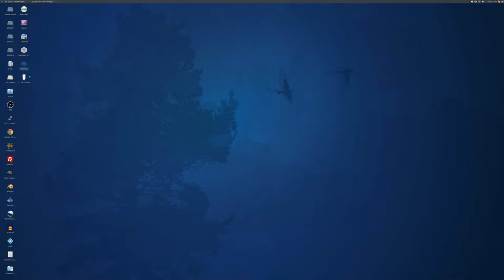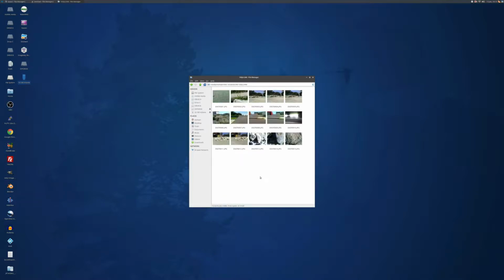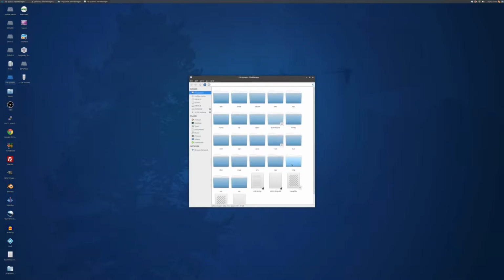You can see right here, a little icon shows the computer. The card has been read. Okay, now we open it. Then we open this. We open this, and there's our pictures. So the next thing we want to do is go to our file system, open it, go down to Photos,